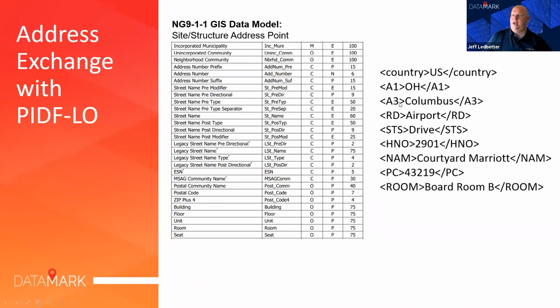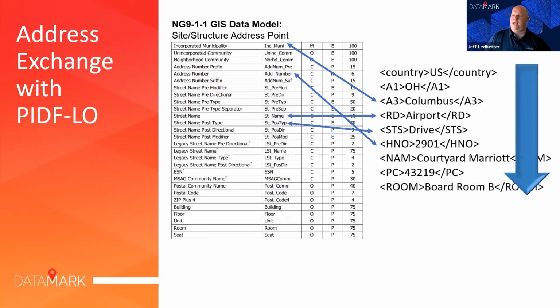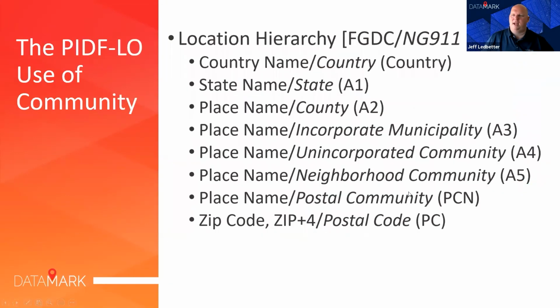country, A1, A3, road, street suffix, house number, a building name, postal code, and a room name in this example. It's important to note that A3 is the incorporated municipality, airport is the street name, then the street suffix or post type, the house number, and there is a hierarchy, and that's really the only thing that I want you to take away from using the PIDF-LO here, is that there is a community or a location hierarchy